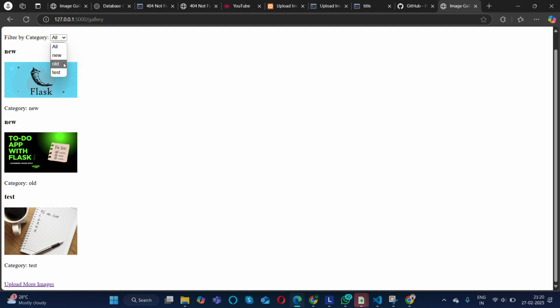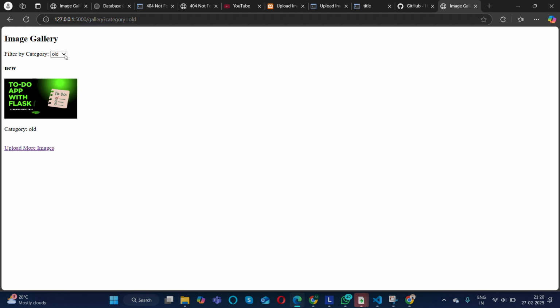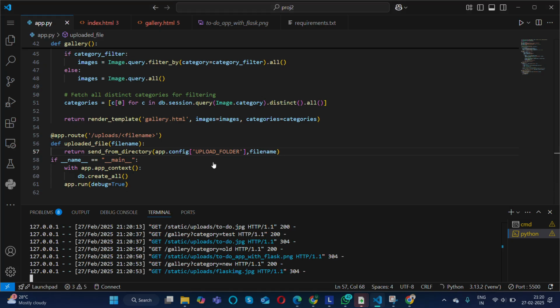I can filter. So I gave test. So what I have done here, I took it dynamically, right? So that's the reason whatever I add, it keeps on adding over here. So if I click on old, it shows this. It shows this and shows it.